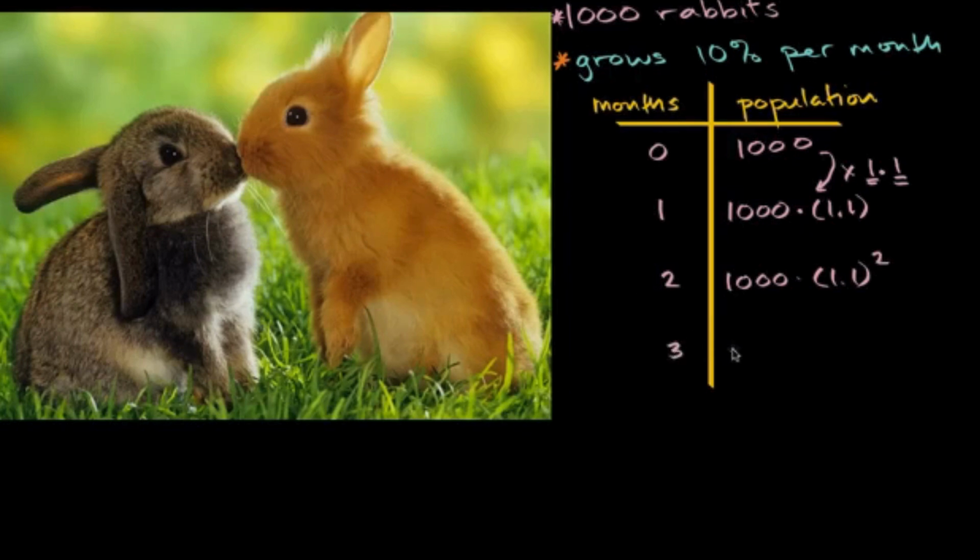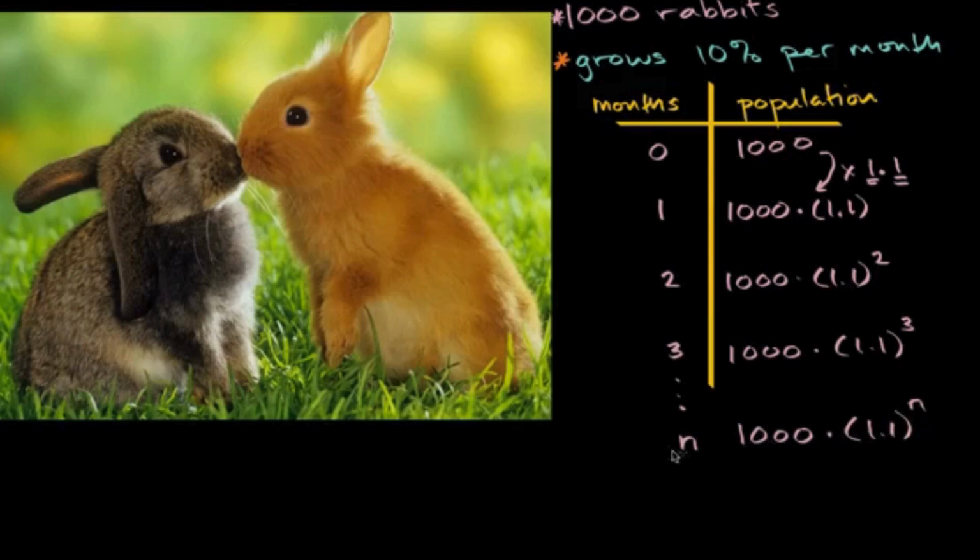After another month, the population is going to be 1,000 times 1.1 to the third power. We're just going to multiply by 1.1 again. And so if you were to go n months into the future, it's going to be 1,000 times, or being multiplied by 1.1 n times, or 1,000 times 1.1 to the nth